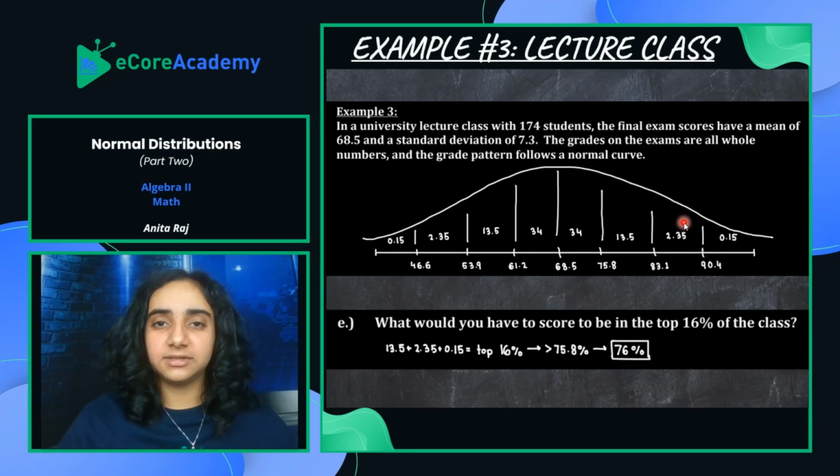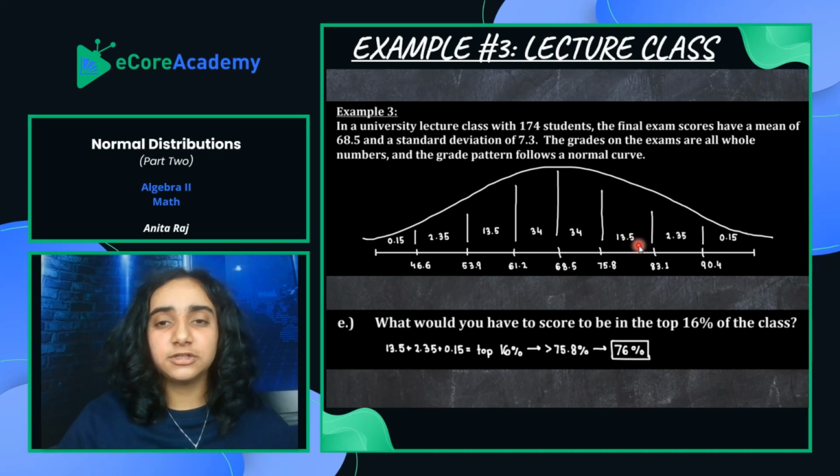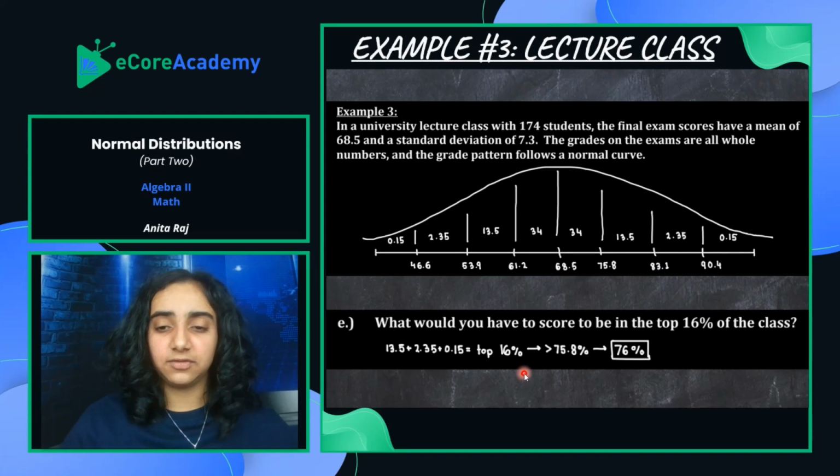Well, that's still not up to 16% because we're looking at the top 16%, not the top 2.5%. So we can jump left one more time. We get 13.5%. 13.5% plus 2.5% is 16%. So right here is the top 16% of the class. We're not going to focus on anything below 75.8. So we're not going to focus on anything below 1 standard deviation above the mean. That being said, if we add 13.5 plus 2.35 plus 0.15, we will get the top 16% of the class,